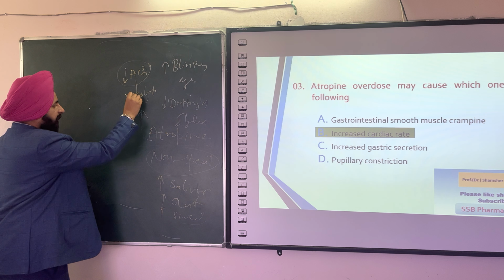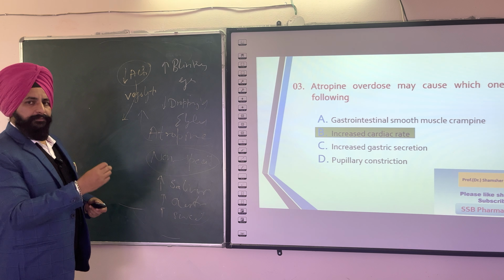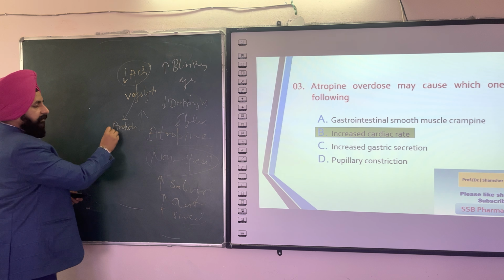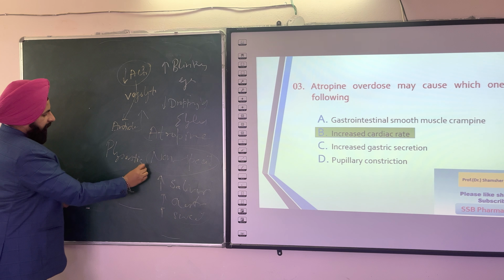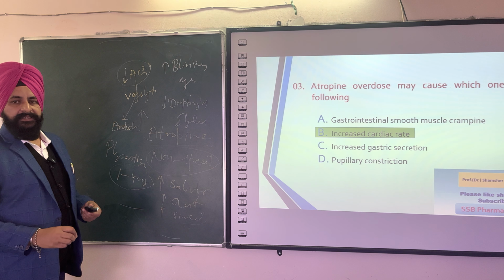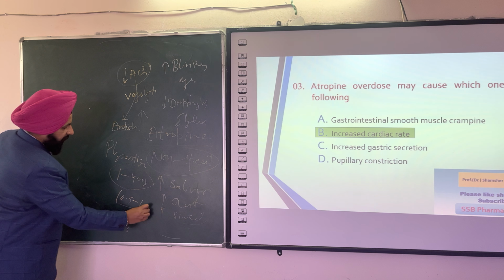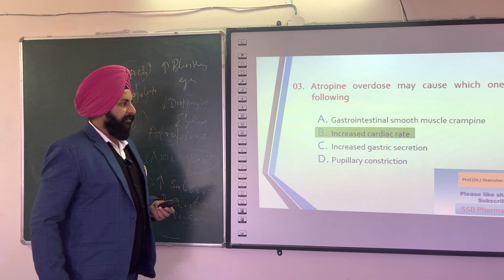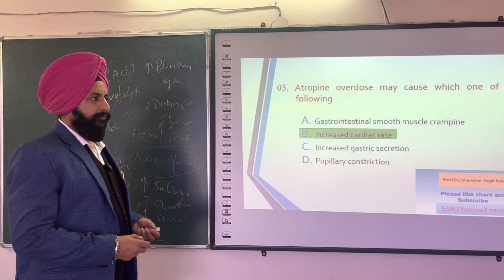So the next question they can ask you in the GPAT, there are so many questions you can choose from this. The most important can be, what is the antidote for atropine toxicity? The antidote is physostigmine. Physostigmine at a dose of 1 to 4 mg is preferred as an antidote for atropine in adults, and at a dose of 0.5 to 1 mg it is preferred for small children. So you always remember where atropine overdose is responsible and what are the antidotes for atropine.